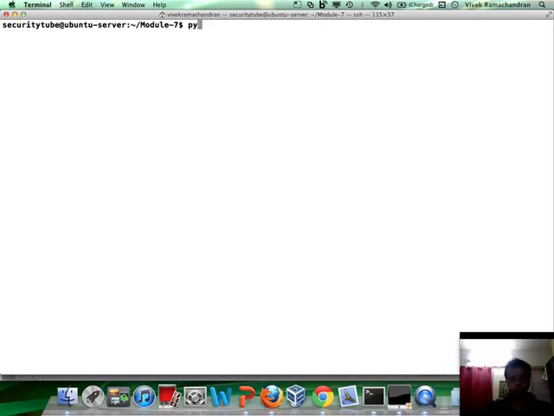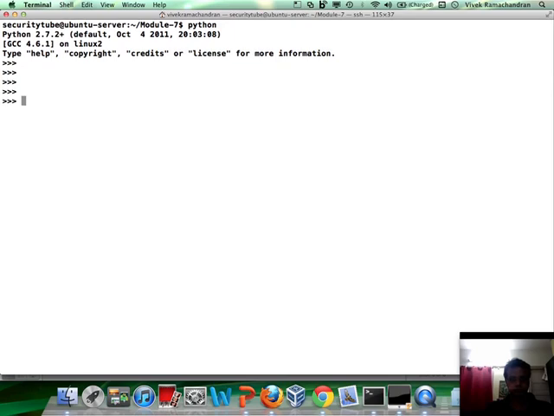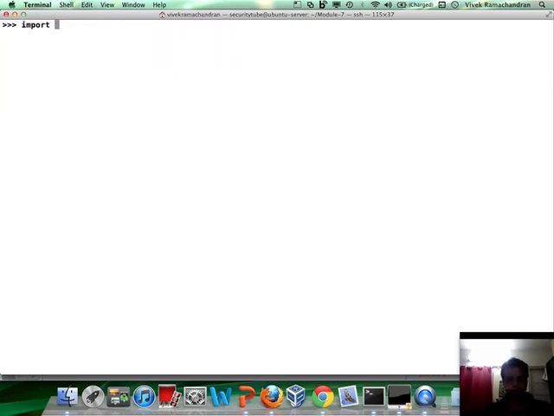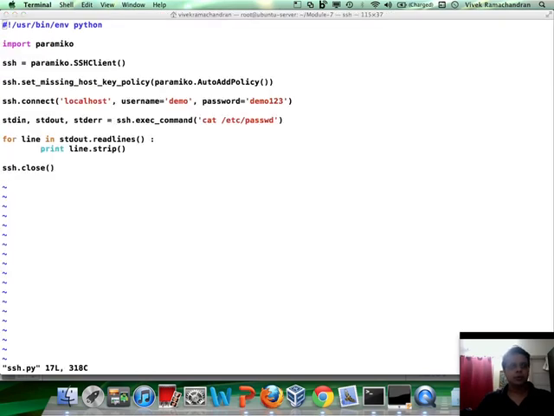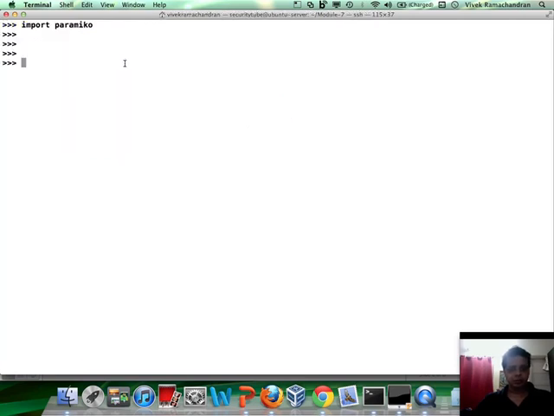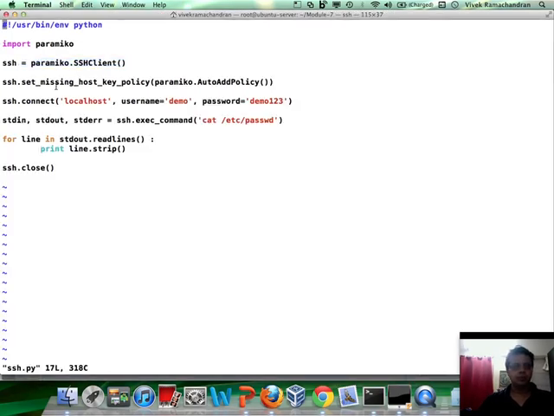So let's hit Python and import paramiko. Now to create an SSH client, it's as simple as just invoking paramiko.SSHClient. That's it. Now, as you can clearly imagine, we have not given the domain name, the username, the password, and all of that. So we can do that by mentioning all of this as an input